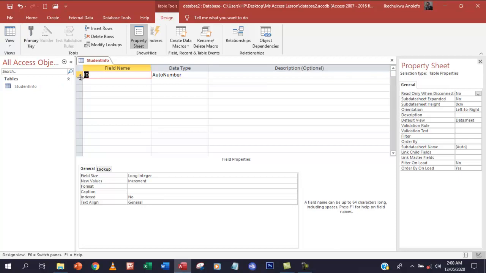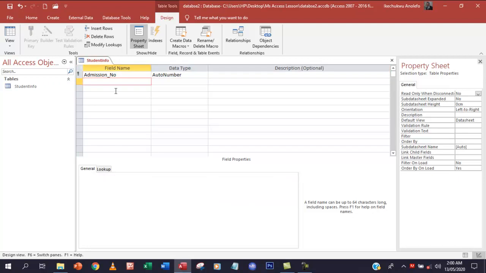You can put, let's say, admission number, something like admission_number with an underscore. You can then make it the primary key by right clicking and choosing primary key, since you want it to be.